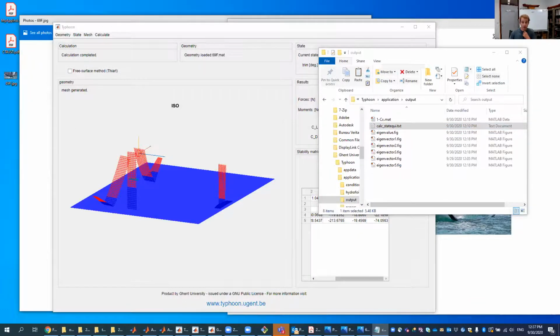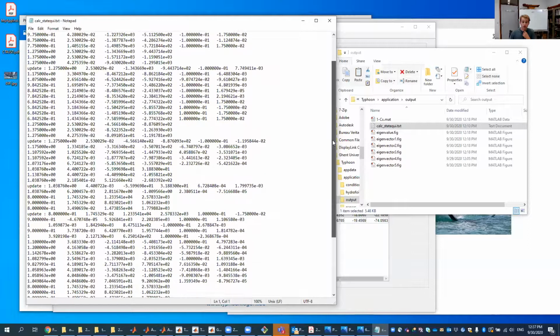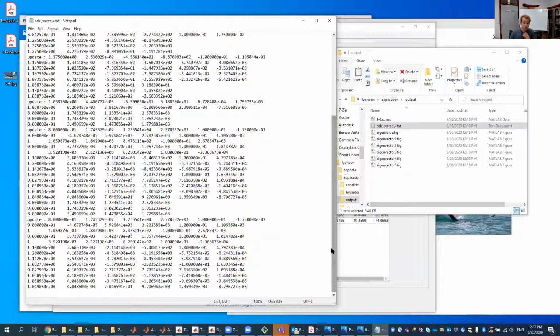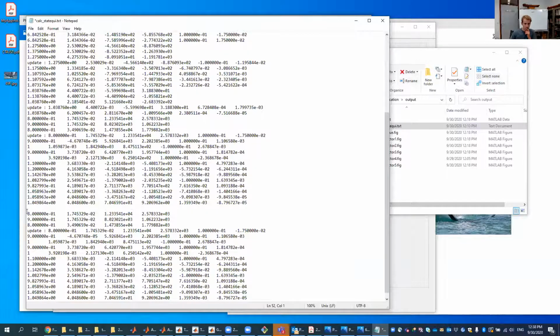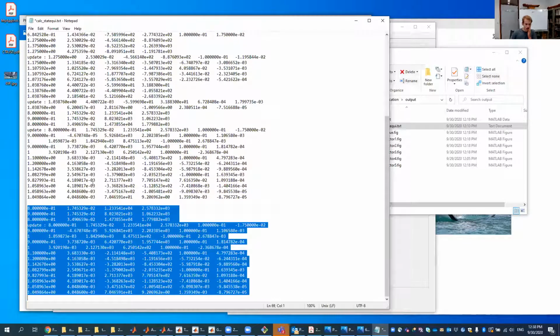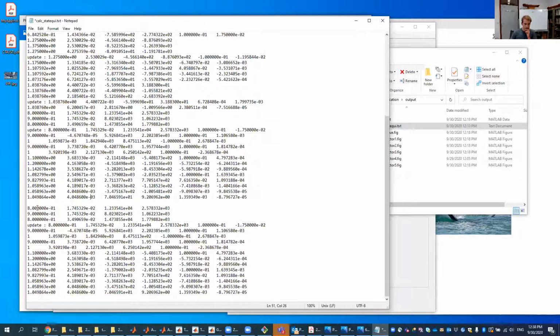There are also already some results in there, and it's all the previous results we've loaded. What it actually shows right now, some of these things are incorrectly placed, but it always starts after an indent. So right here, this was our new static equilibrium equation. And what we can see from this is our elevation, this is our trim angle in radians, this is our force, this is our moment, and from this step